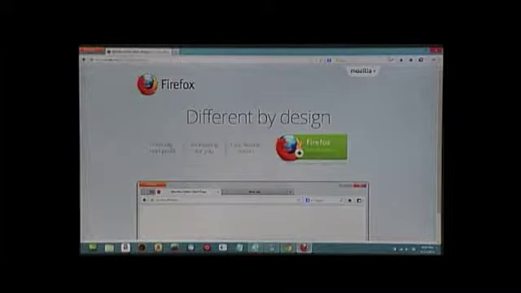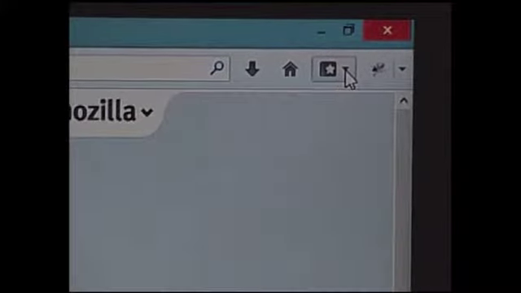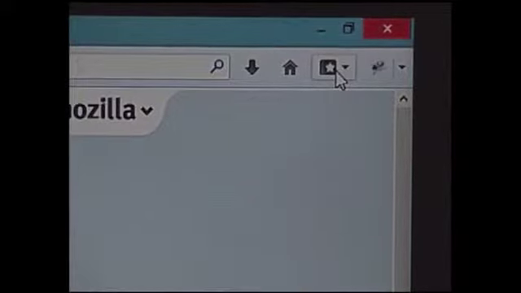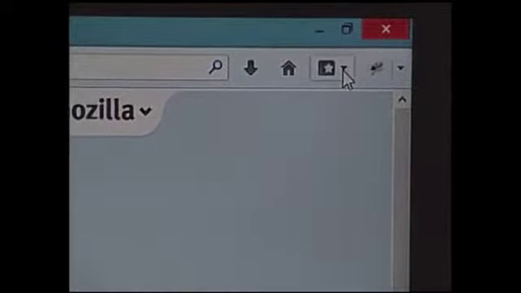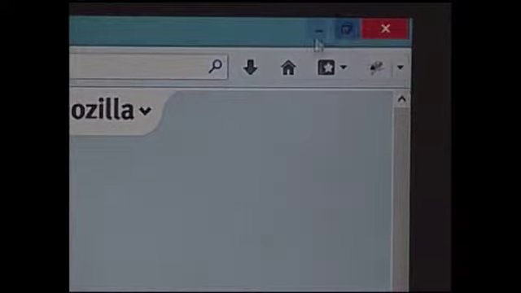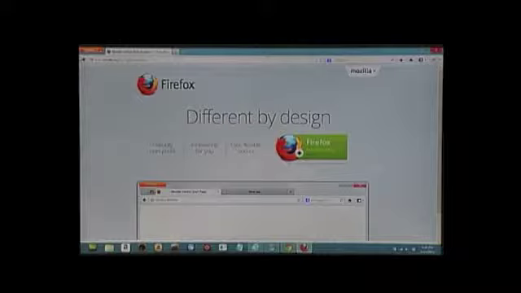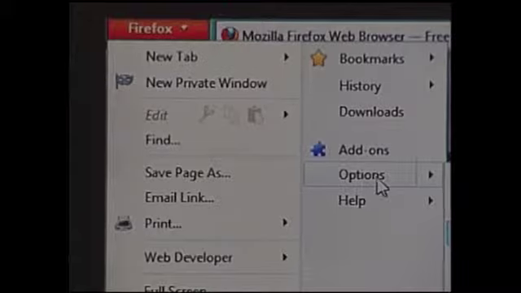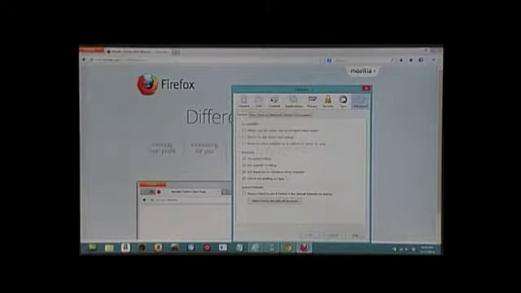Now in Firefox, you'll notice you have a little picture of a house. You do have a little picture of a star. That's all good. We know what stars and houses mean now. House means home page. Star means favorite. We don't have a little picture of a gear or any other things over here. With Firefox, we go to the word Firefox, and that opens up our options. Clear on the other side of the screen from where we expected it. Over here, we have the word Options, and we're going to get all sorts of different things like setting our